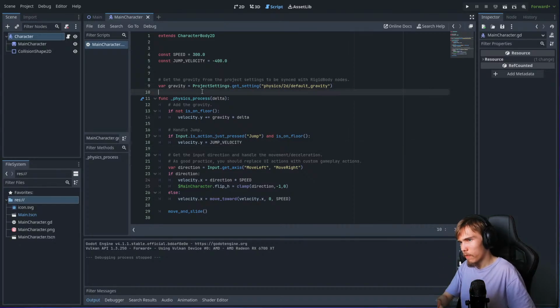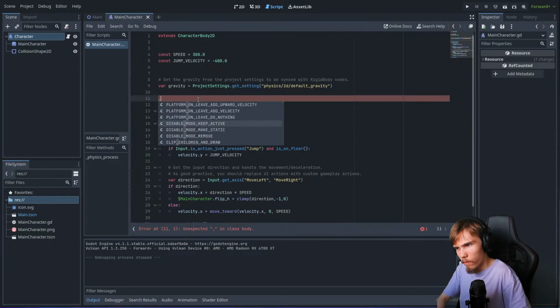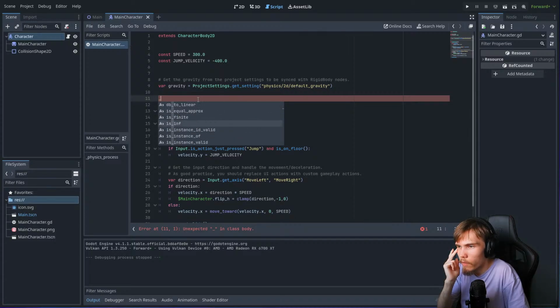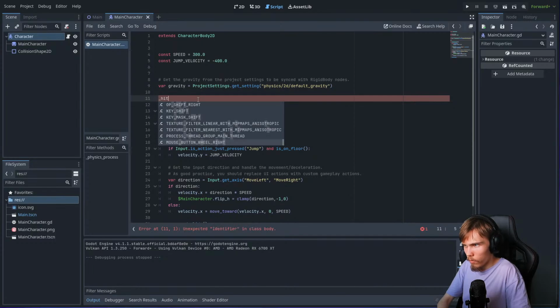Is there perhaps a built-in event? Is it an event even? Is it called an event? For detecting when something is hit. I would probably have to make this extend the collision shape to the